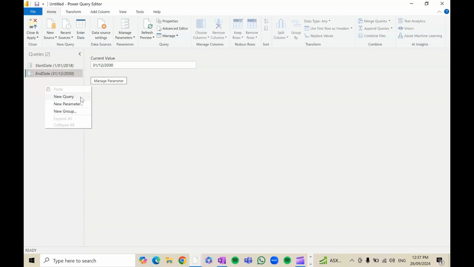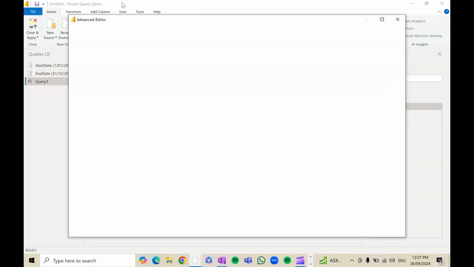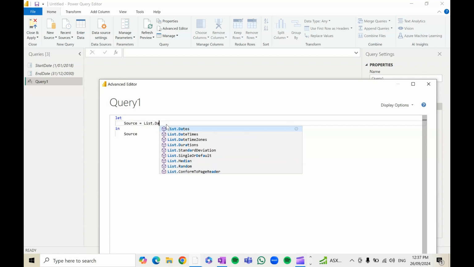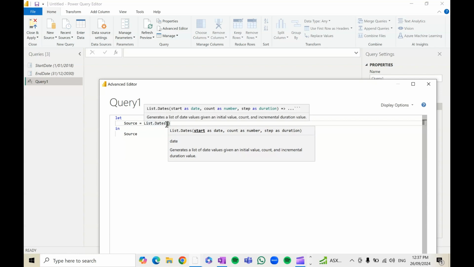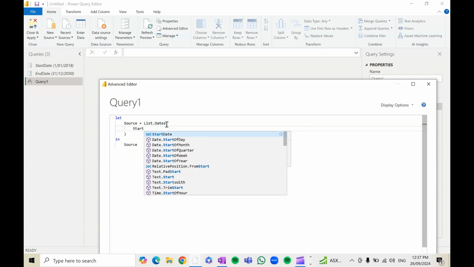Now let's create a new query and select blank query. This is the actual query where we're gonna start creating the date table. And now in the source, get rid of this quotation and start typing List.Dates. List.Dates is a function that generates a list of dates, and it requires 3 arguments. The first argument is the start date, when you want